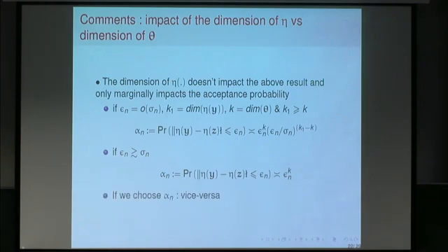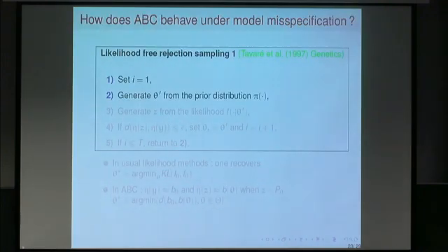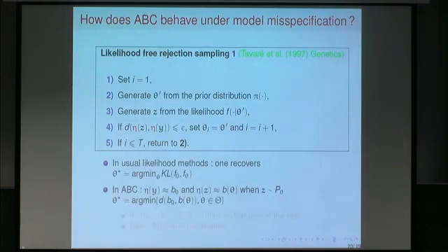And if epsilon n is much smaller, then you're paying a price, but the price you're paying is really only the ratio epsilon n over sigma n to the power k1 minus k, where k1 is the dimension of eta, and k is the dimension of theta. So that's the good news, is the fact that if you have concentrating summary statistics, then you're not paying too much of a price. So now I'm going to just skip quickly about this misspecification, and I'm going to show you a graph and tell you what kind of results we have obtained in this case,